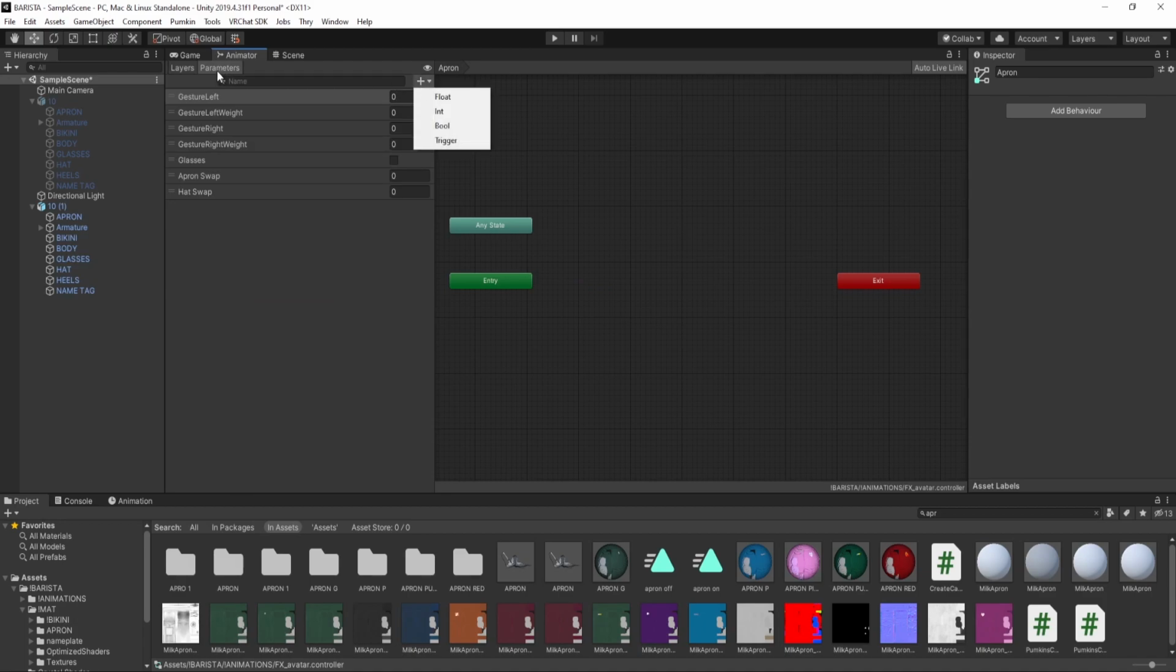From here, you go into parameters, click bool, make sure it's cap, spelled the same way that you spelt it, same capitalization and everything, and apron. Okay,